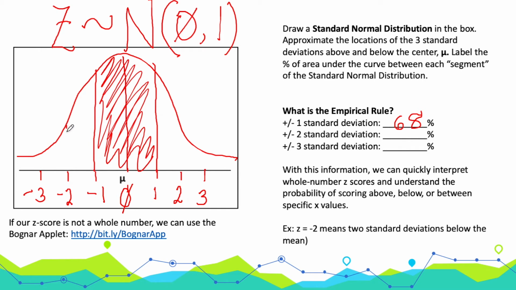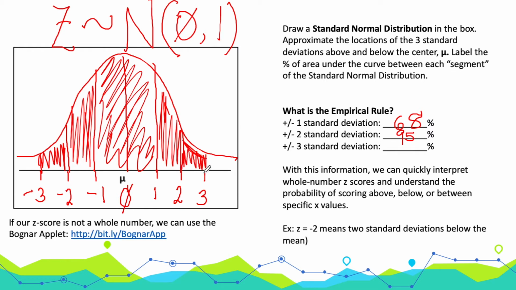Now, if I added the area between -1 and -2 standard deviations and +1 and +2 standard deviations, that would be 95% of the area under the curve shaded in. Let's add in our last standard deviation. If I added the area that's between -3 and -2 standard deviations, and I added the area between +2 and +3 standard deviations above the mean, that would account for